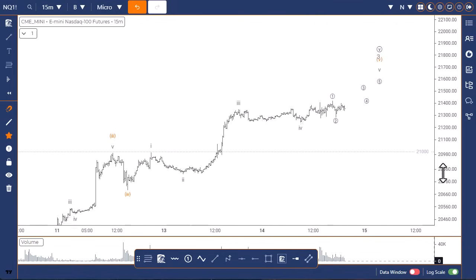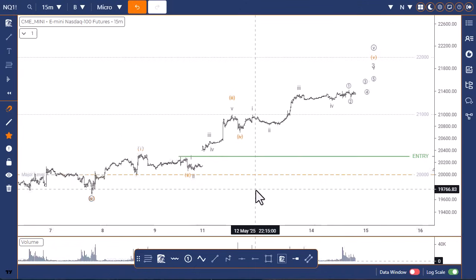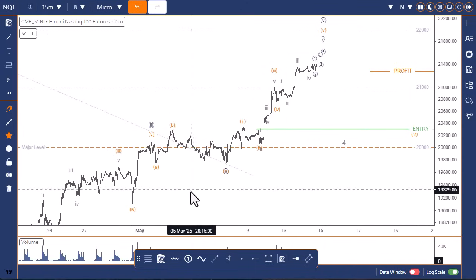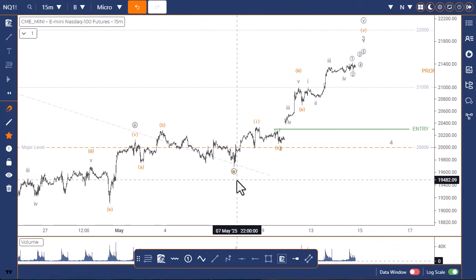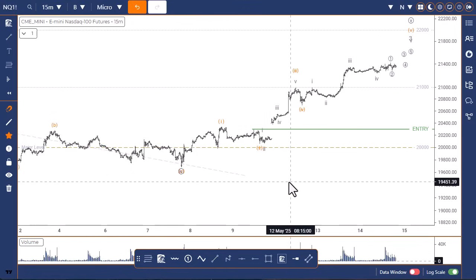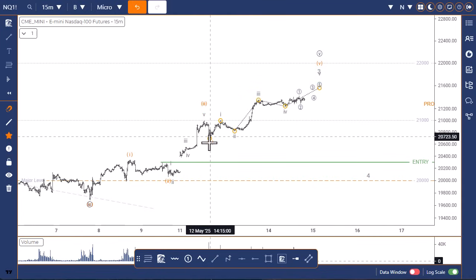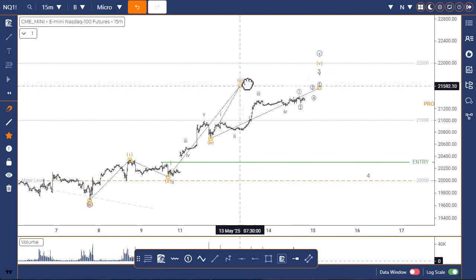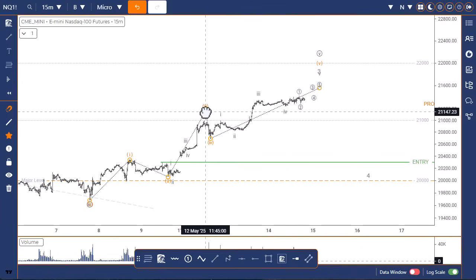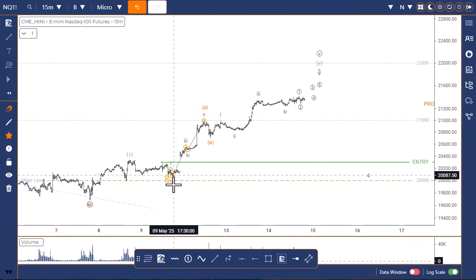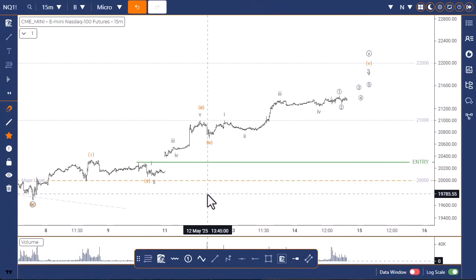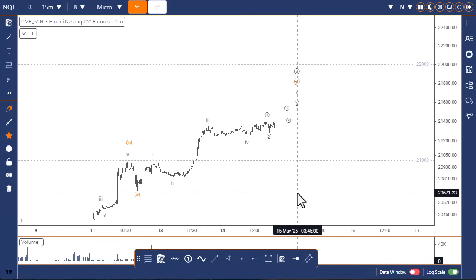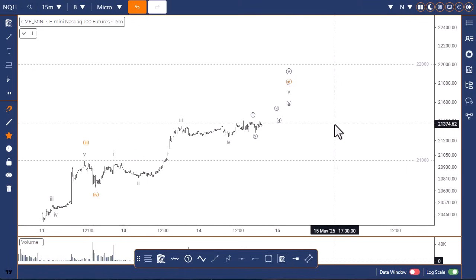And the futures market here can look a little bit different again, because it's got those after hours there. But if we take it from the 20k here, the major level here, we're looking at 3 and ABC here for 4, and then 1 and 2 here. And in this case, I'm looking at 3 and 4 here, and then 1, 2, 3, 4, 5. So in the other ones, I've had this wave 3 over up here, right? But in this case, I've put it here, and I've worked every little pattern, and it's just a different way of looking at it, but in a way it's like all roads lead to Rome, and at the end of the day we're looking for